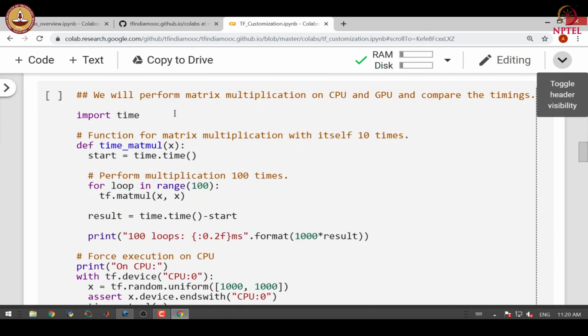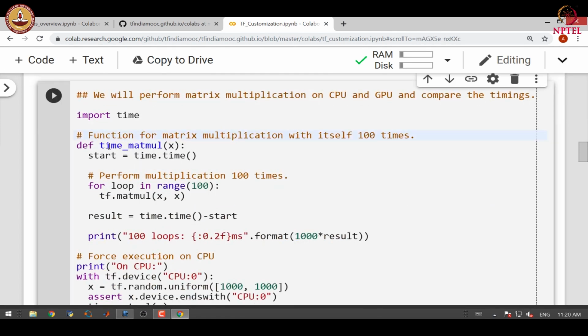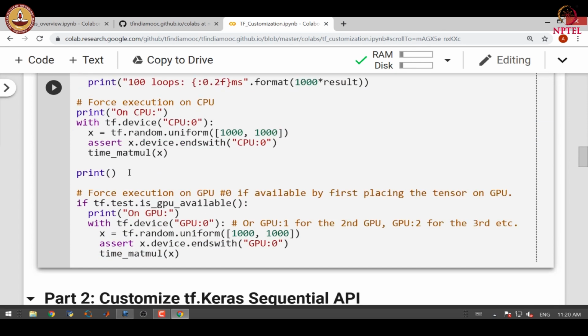So, here is an example. In this function, we multiply the matrix with itself 100 times, and what we do is we find out how much time it takes to carry out this particular multiplication operation. And here what we will do is we will force this particular operation first on CPU and then on GPU.